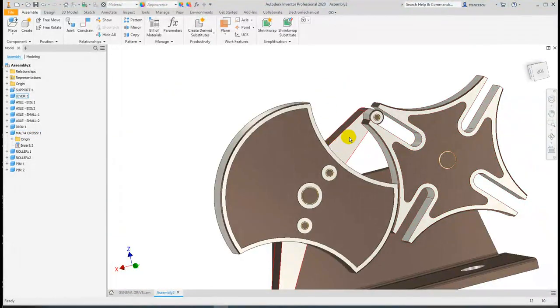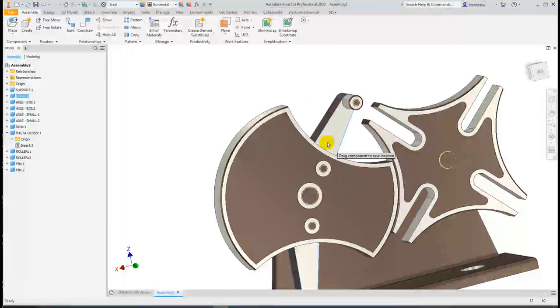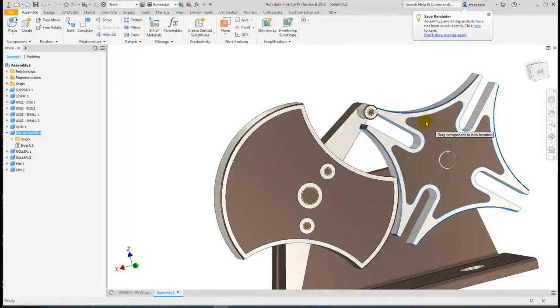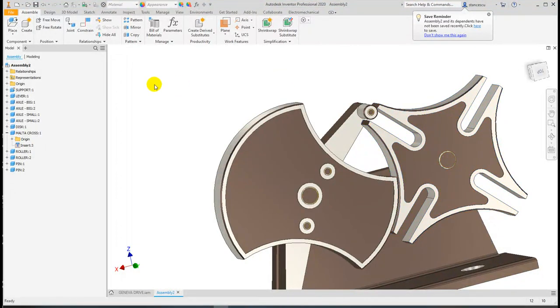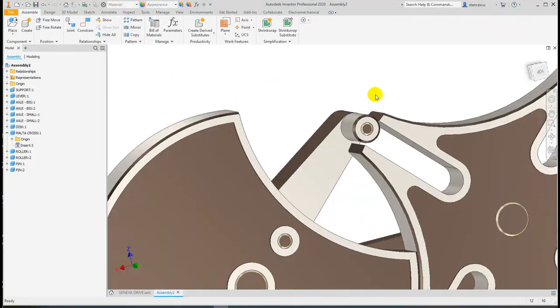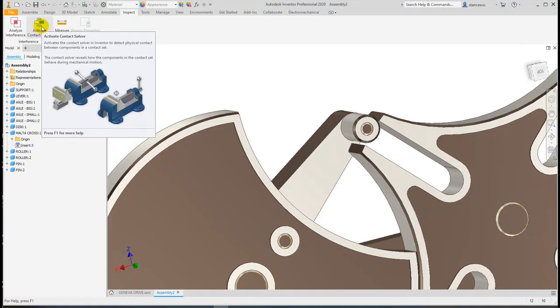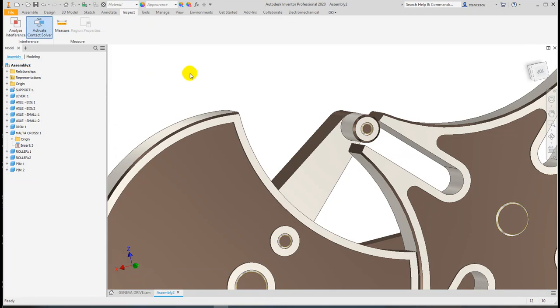And what should I do to create the real movement? This is the part which rotate, and this is the driven part. To make this, I go to another solution, which is to ask the computer to activate contact solver, which is demand to the computer, to Inventor, to